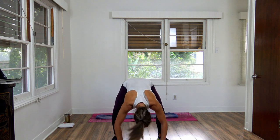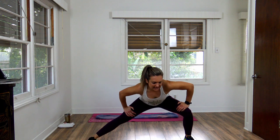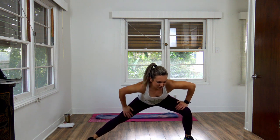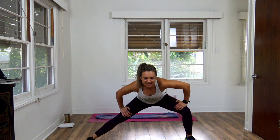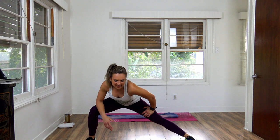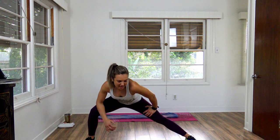One more forward fold. Come all the way up, take it to that lateral lunge, bend into that knee a couple times, both feet are facing forward, and take it to the other side. Feeling a stretch in that inner thigh. Moving at your own pace. If one side needs a little more attention than the other, you can give it to it. It's all good. Here for 10 more seconds, we'll do a little triangle stretch and then warm up upper body